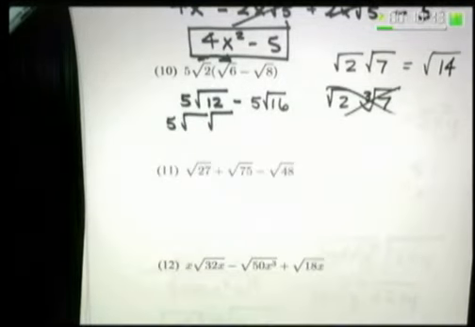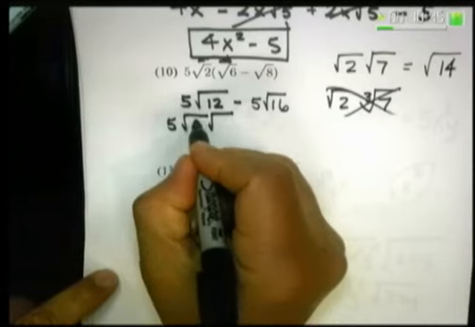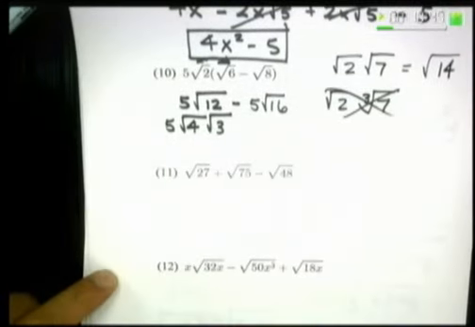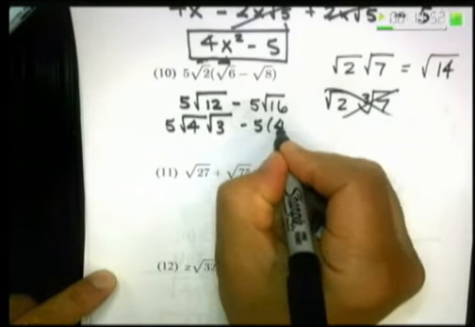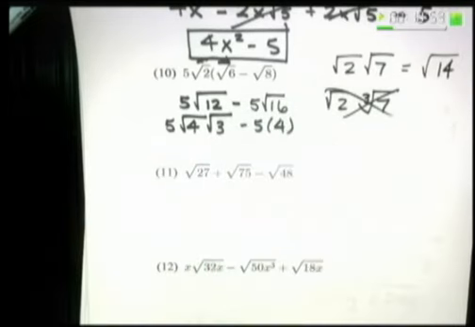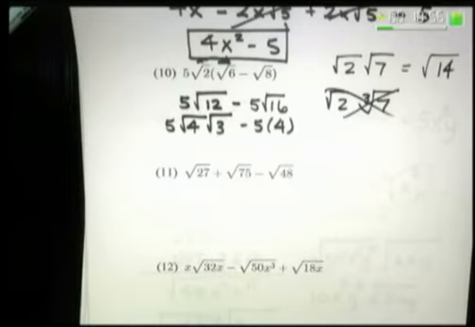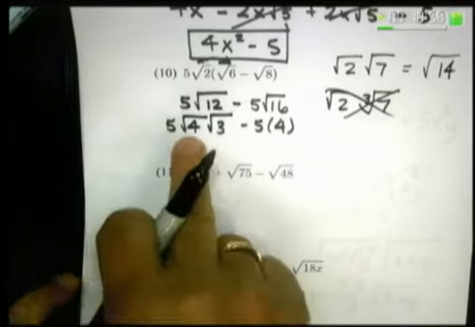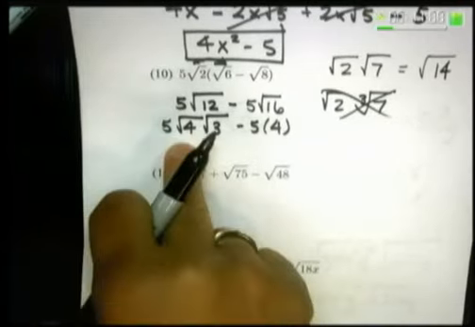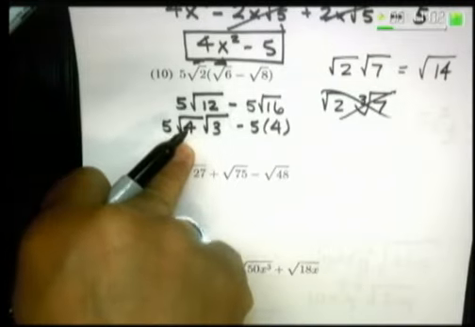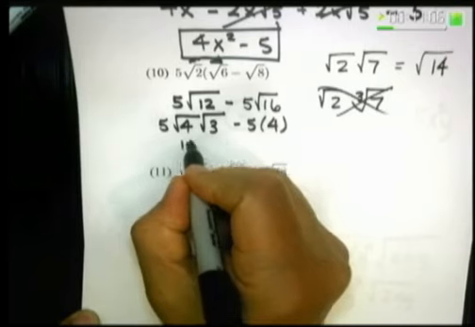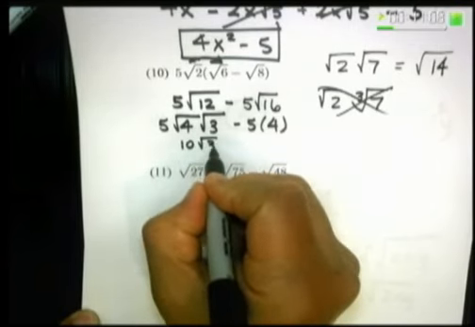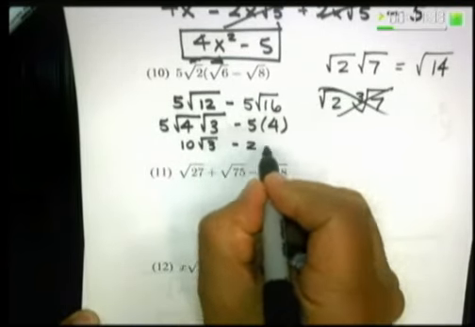What's the square root of 12? 4 and 3, very good. 4 times 3, right? And we already know the square root of 16 is just plain 4. Y'all follow me? All right, what's the square root of 4? 2. And what do we do with that 2? Multiply it times the 5. So 2 times that 5 is going to give us 10 square roots of 3 minus 5 times 4, 20,